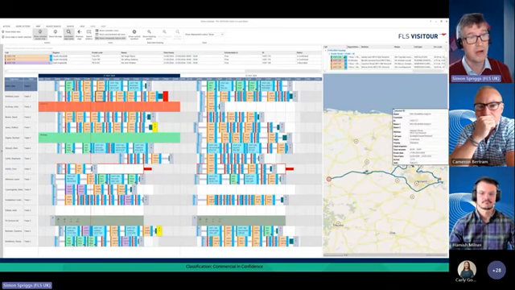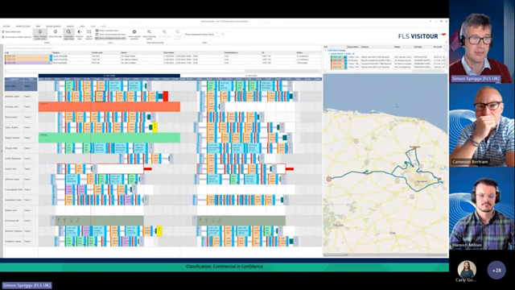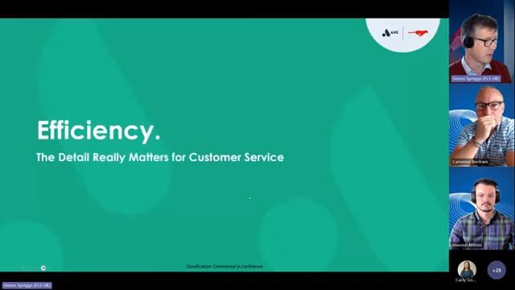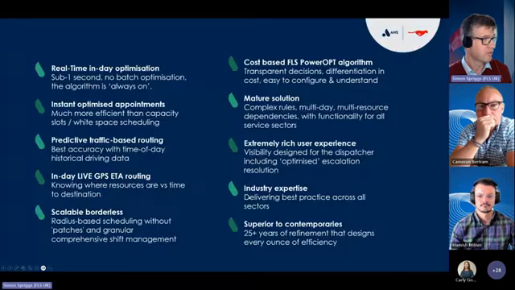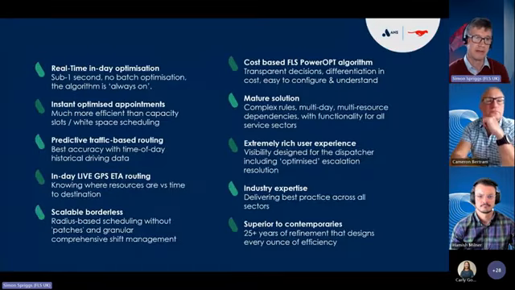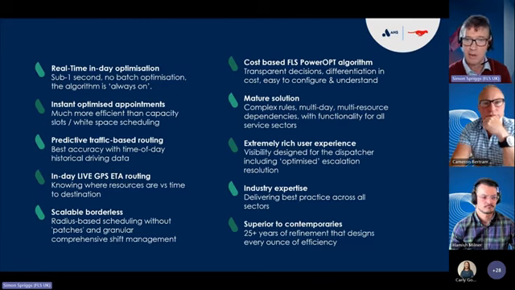It's just making the operators' lives and the planners' lives really easy, because that's what FLS is about. It's about making sure that the planners are seeing absolutely everything they need really quickly and simply. So efficiency really matters. And those are some of the key points of what FLS is all about. But going back to what the webinar is about, which is delivering customer excellence,